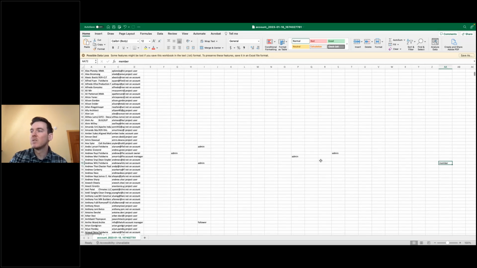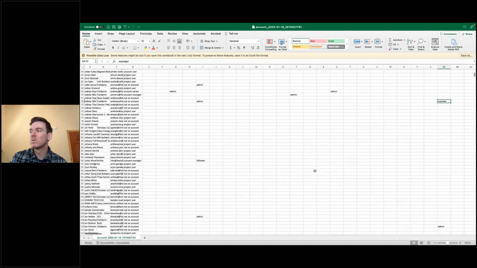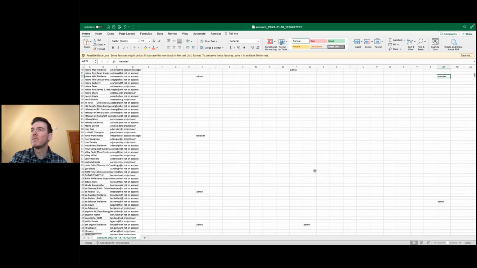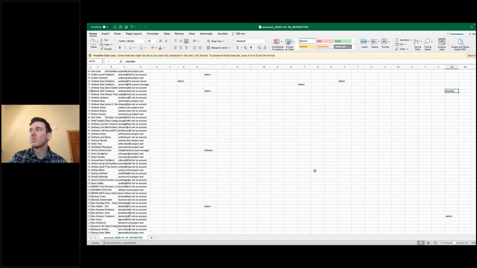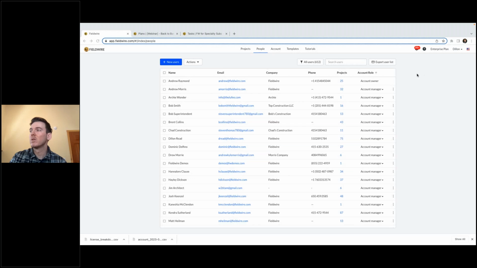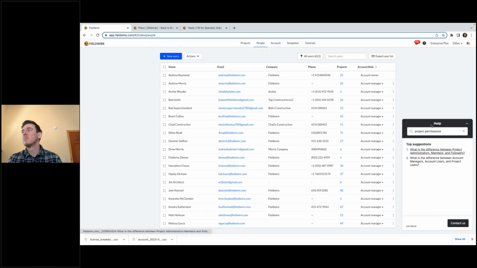And you might notice that these roles are a little bit different from those account roles. That's because we actually have two different types of permissions within Fieldwire. One's for the project level and one's for the account level. I'm not going to dive into that right now, but I will show you a great resource for figuring that out on your own. If you hit this question mark up here, that's going to pull up our knowledge base. Then if I search for, in this case, project permissions, which I already have queued up, it's going to pull up all relevant